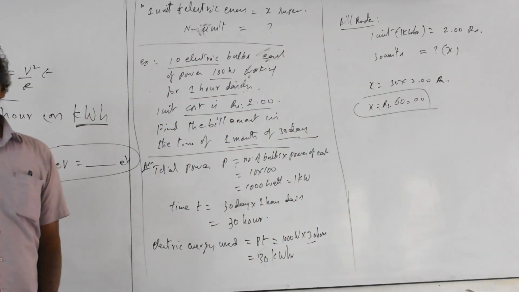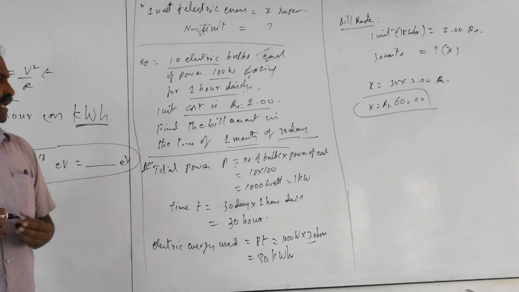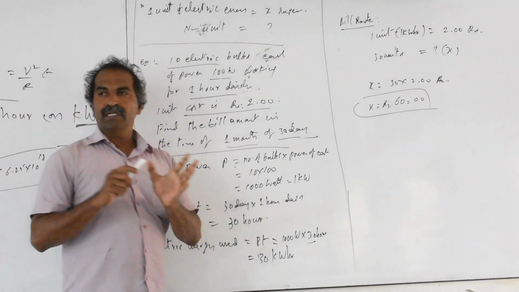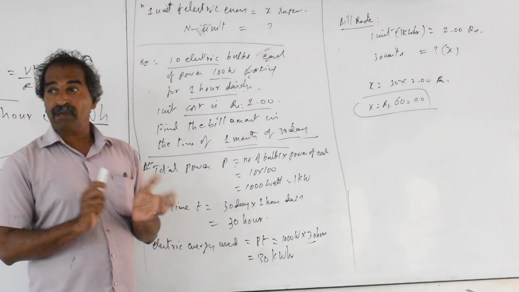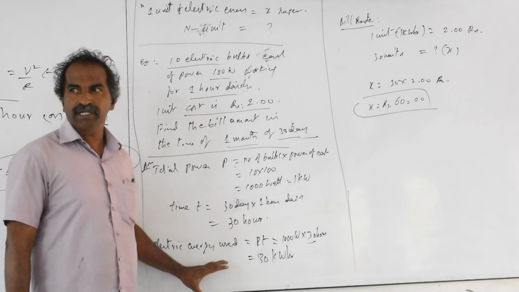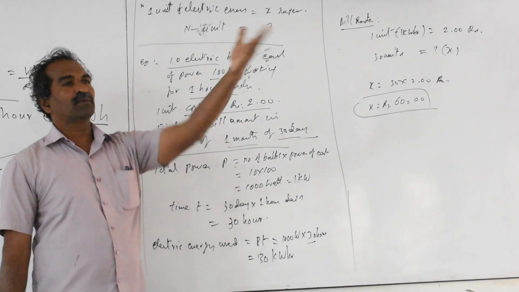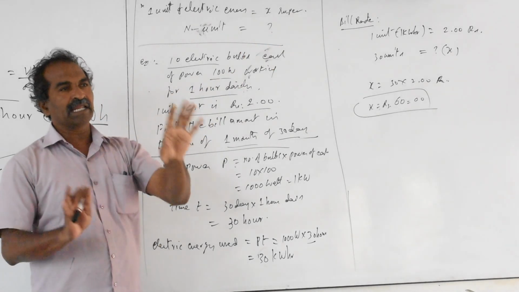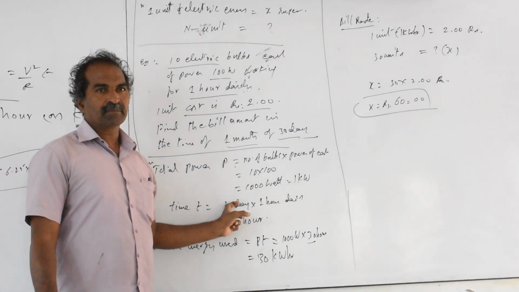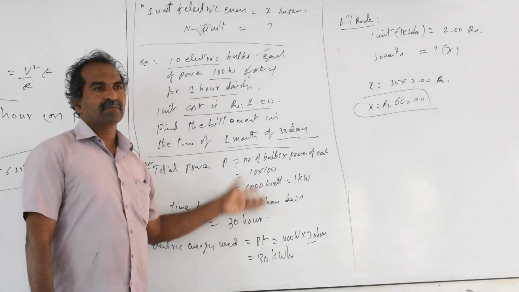If different devices are given, you just add up all the powers. That's all. Sometimes, very rarely, different devices with different timings may be given. So calculate the energies separately and then calculate the total energy, because all bulbs may not be used for 1 hour. In one room if you switch this on, in another room some other timings may be running. So calculate separately and add up the energies. Once you get the total energy in watt hours, convert it to kilowatt hours, and you get the billing amount.